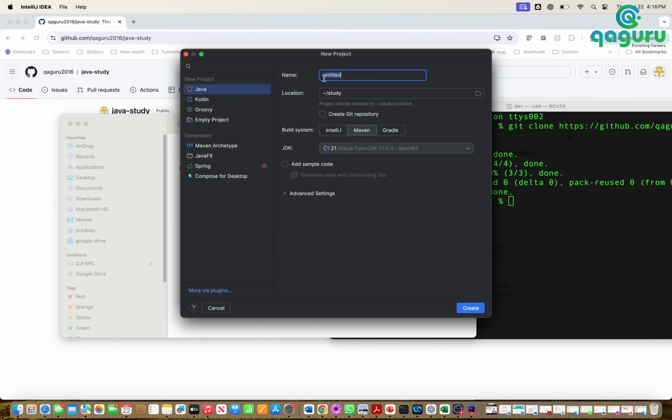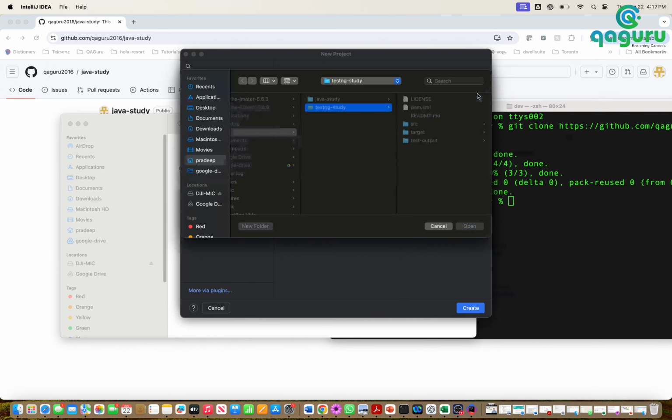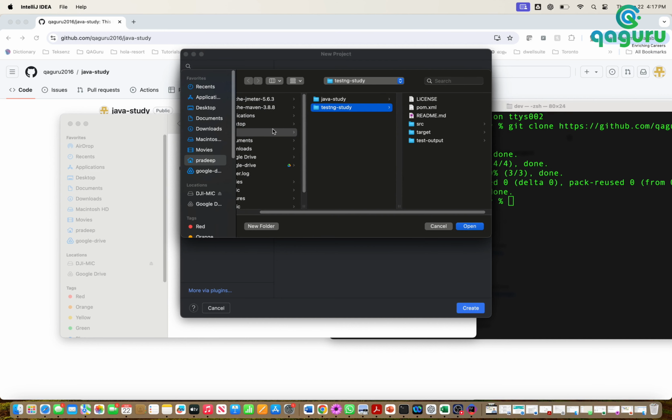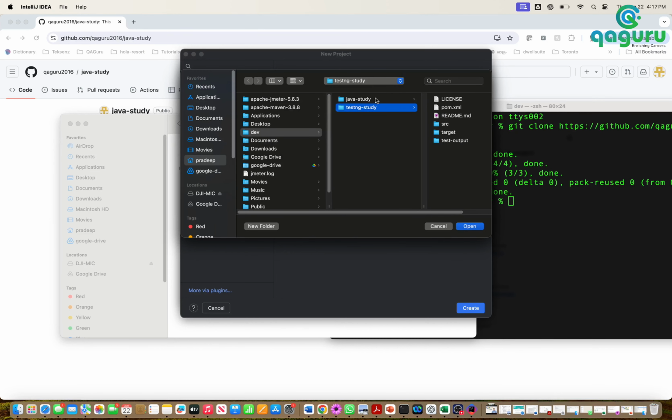Okay. So while naming the project, let's give the same name of the repo. Okay. So it's a little tricky thing. I can show you how the project is created within the same repo. Okay. So let's give the same name as a repo here, Java hyphen study. Okay. And then here in the location, let's select the right location. So I had it in dev and then